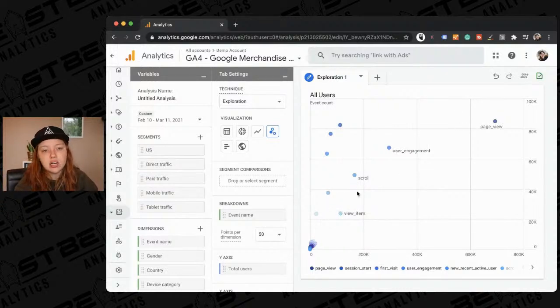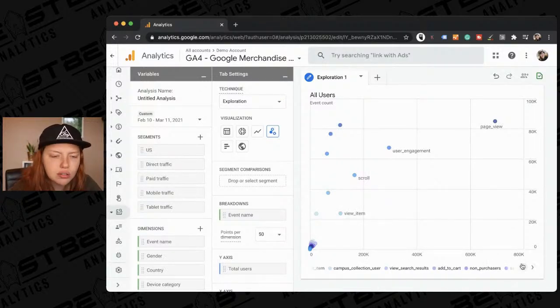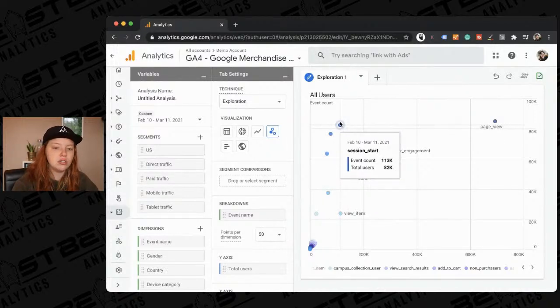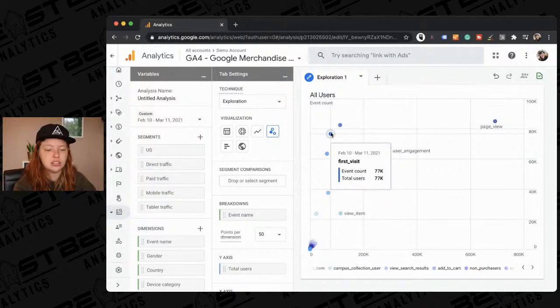So we have the users and the event count. And we can see that as we had more users, obviously we had more page views. But with fewer users, we still had a lot of events. So total users 82,000, but the event of session start, first visit,